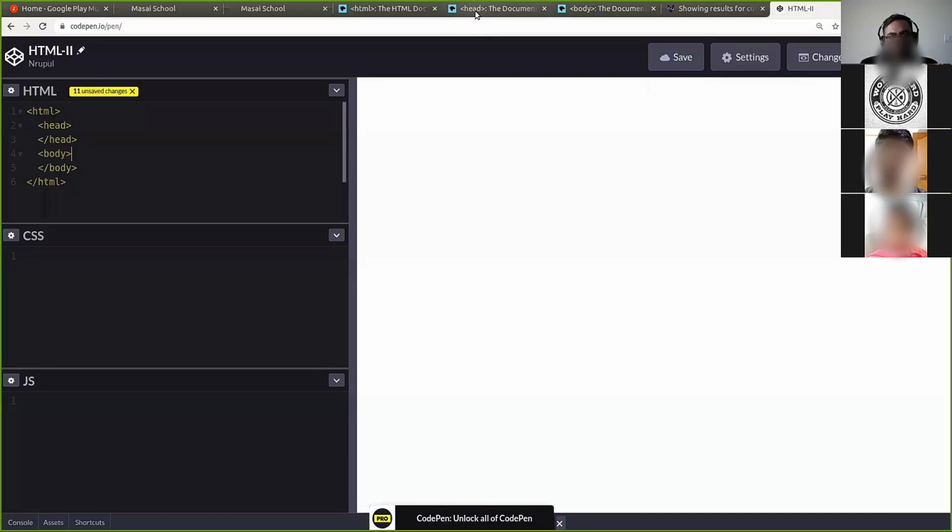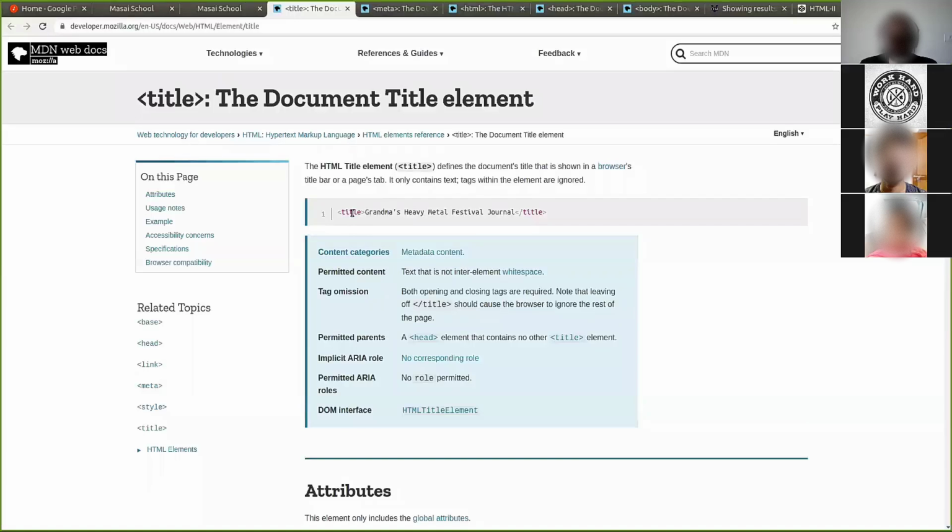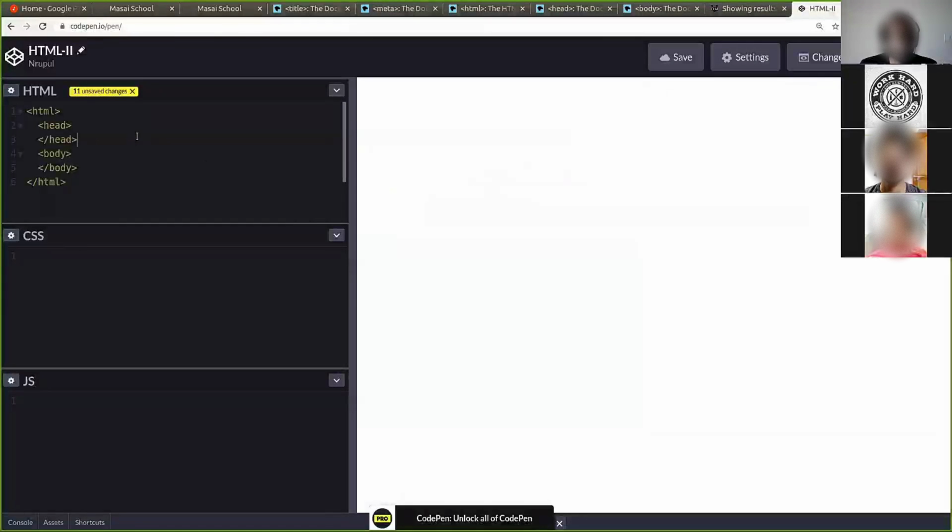There are a few things you need to know about what goes in head. So there is title and meta. And there are more things which you learn when you learn CSS and JavaScript. But the title, you might have seen it. All the text at the top of the browser is called the title. Whatever you put in the title, it will be visible here. And it goes in the head part of it,